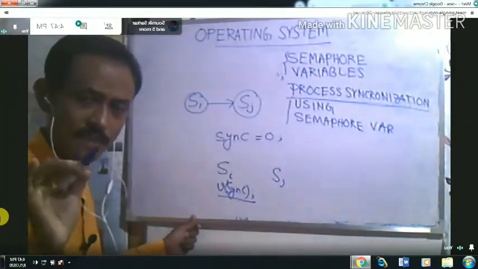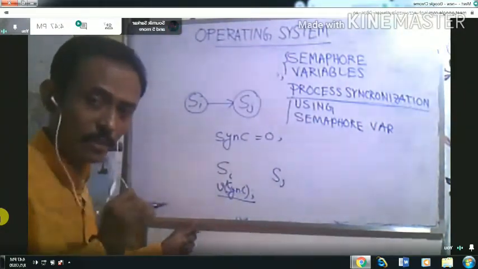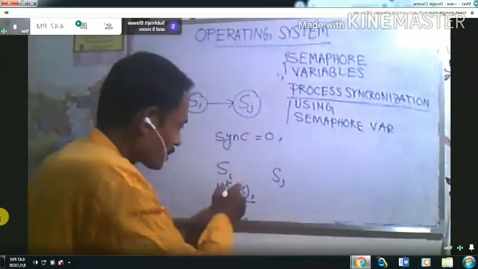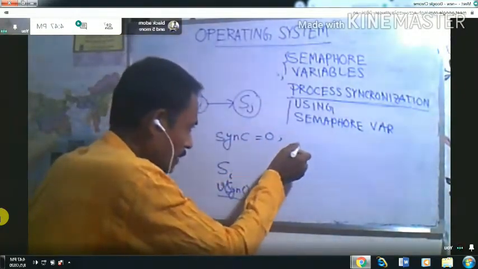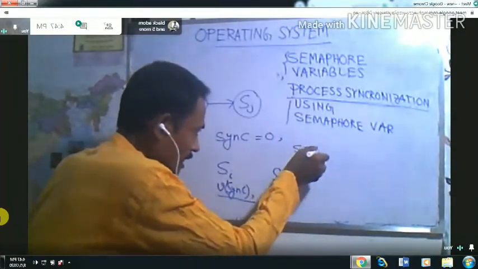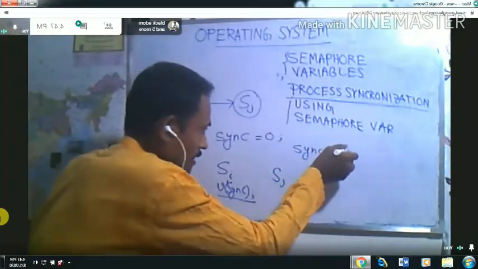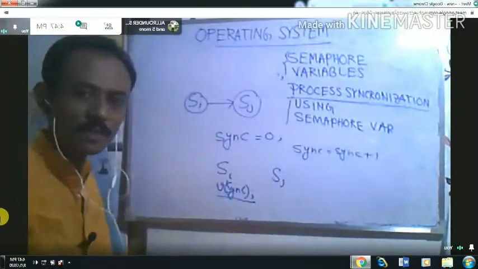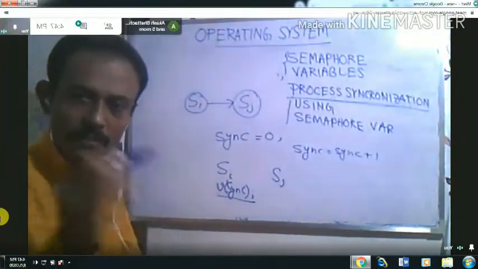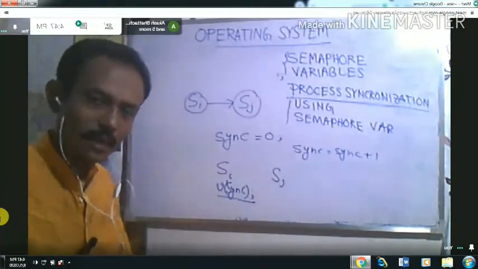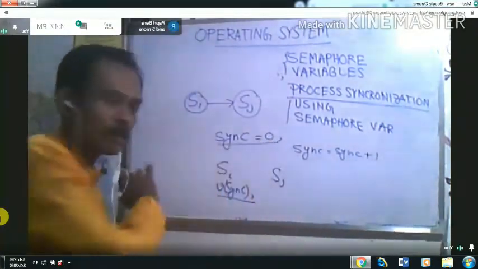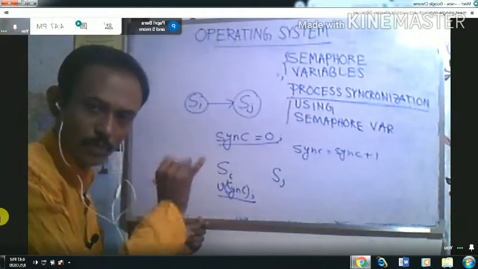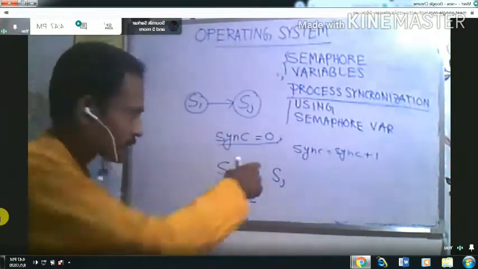It performs sync equals sync plus 1. That means it will increment the value of the semaphore variable. Clear? So initially the semaphore variable was 0. When you call V sync, the sync variable now becomes 1.